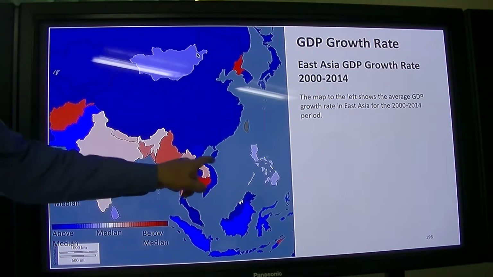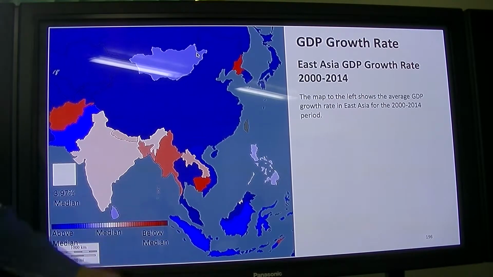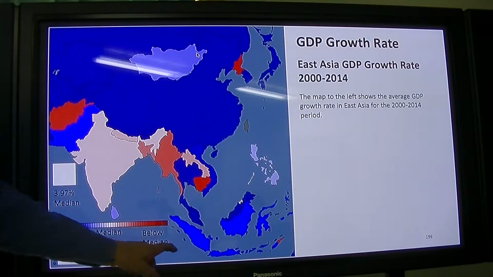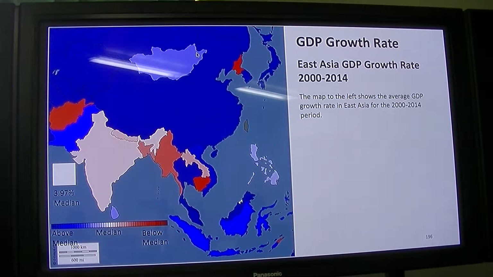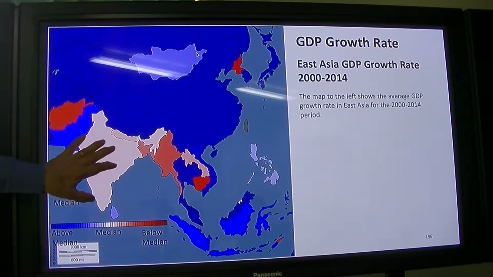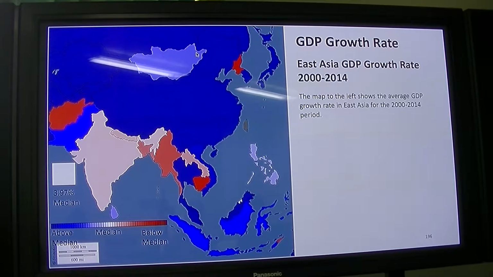But these are Vietnam. Certainly Thailand has grown a lot. Malaysia. Certainly Indonesia. They have certainly grown. In East Asia, India is a little bit below. It's grown, but in recent years it's picking up. So India, I think the India story is getting